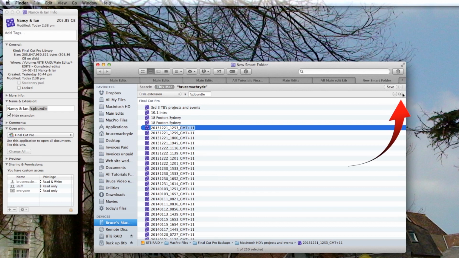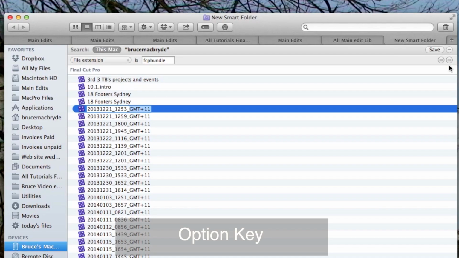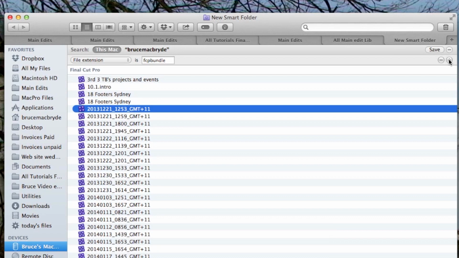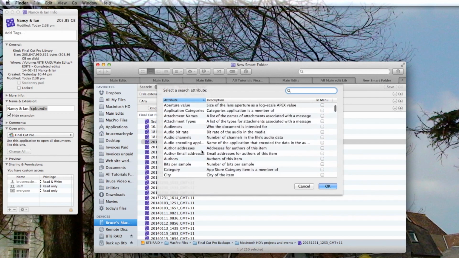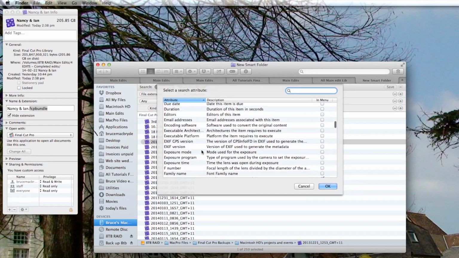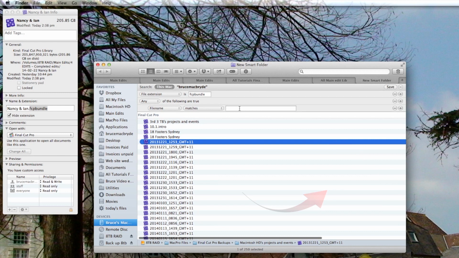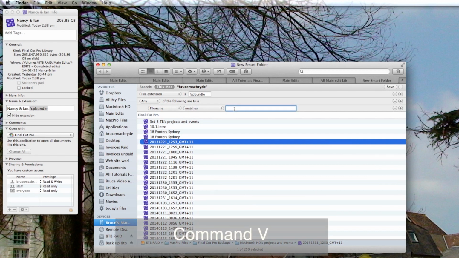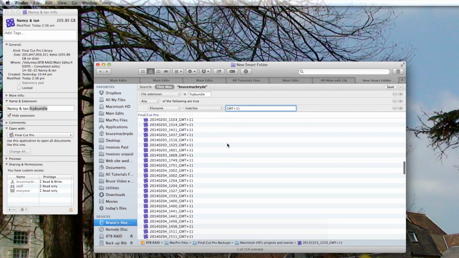Over here we only have a plus sign, but if we hold down the Option key now, that changes to 3 dots, and we can click on that, and we get the option now to qualify this. So we can say Other. Let's look for file name and tick that, and put in GMT plus 11,